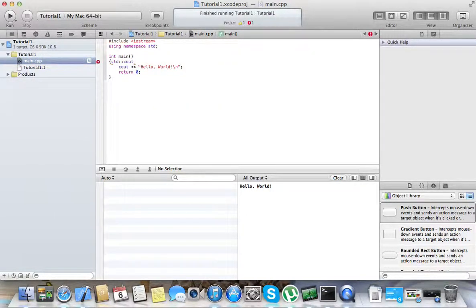Otherwise, the compiler will not be able to read it. But since you have using namespace std, you will never have to say std colon colon whatever. All you need to do is say cout, or whatever code you want to type in that uses that namespace. Namespaces